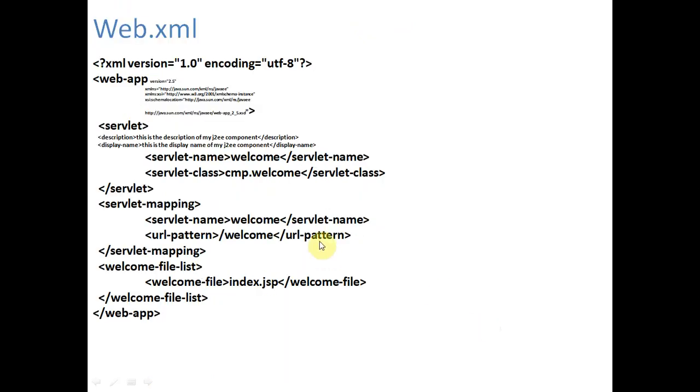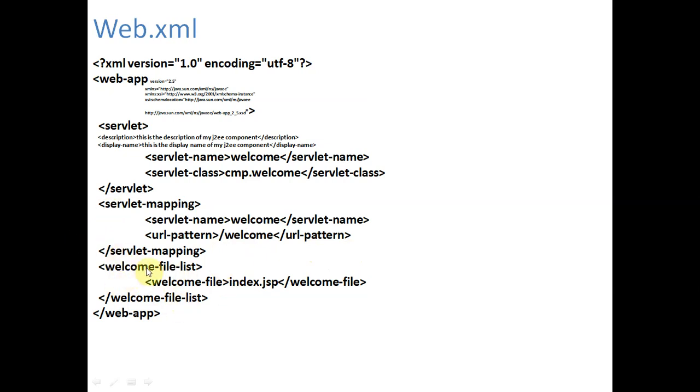So the servlet class equals cmp.welcome, and it will be closed by slash servlet, and the servlet name is welcome. So the servlet starts here and closes here. This is the servlet mapping. Again the servlet name is welcome, and the URL pattern is /welcome. This is the closing of the servlet mapping.